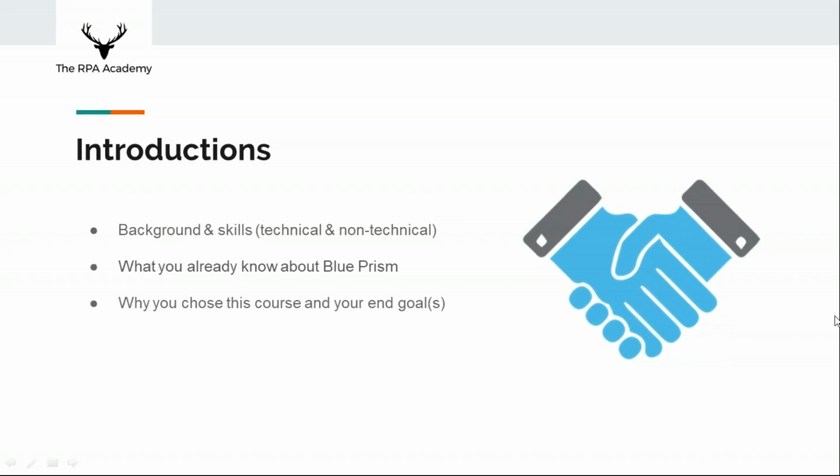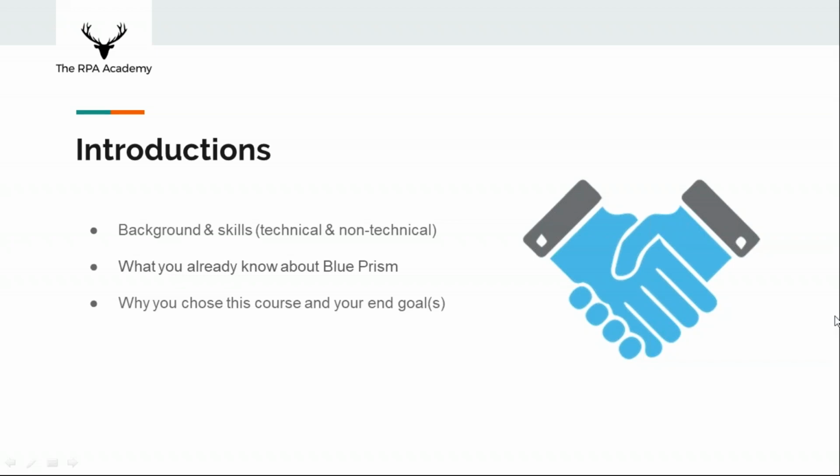Okay. No, no. The first contact is about 2 months ago. Okay, so have you actually used Blue Prism, or have you actually seen it before, or not yet?